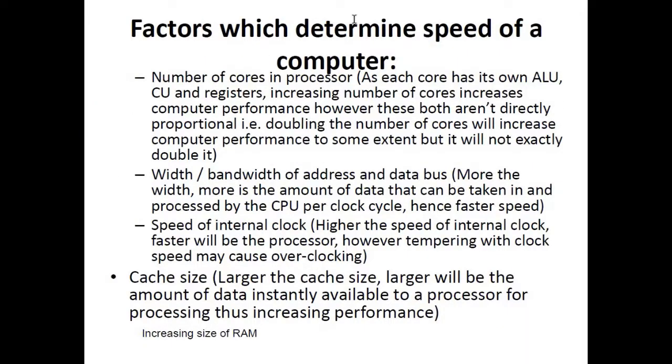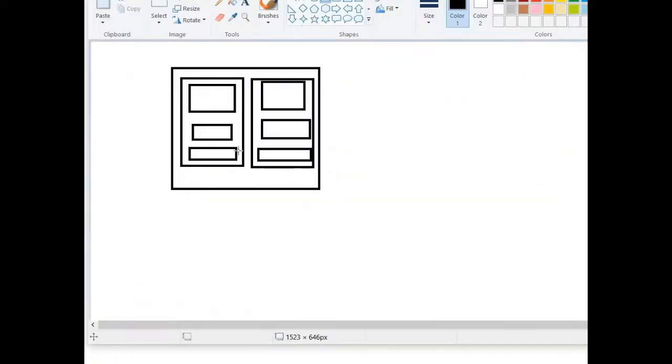Factors which determine speed of a computer: number of cores in processor. If you increase the number of cores, then your performance would increase, as each core has its own ALU, CU, and registers. Increasing number of cores increases computer performance. However, doubling the number of cores will increase computer performance to some extent, but it will not exactly double it. Why? Because